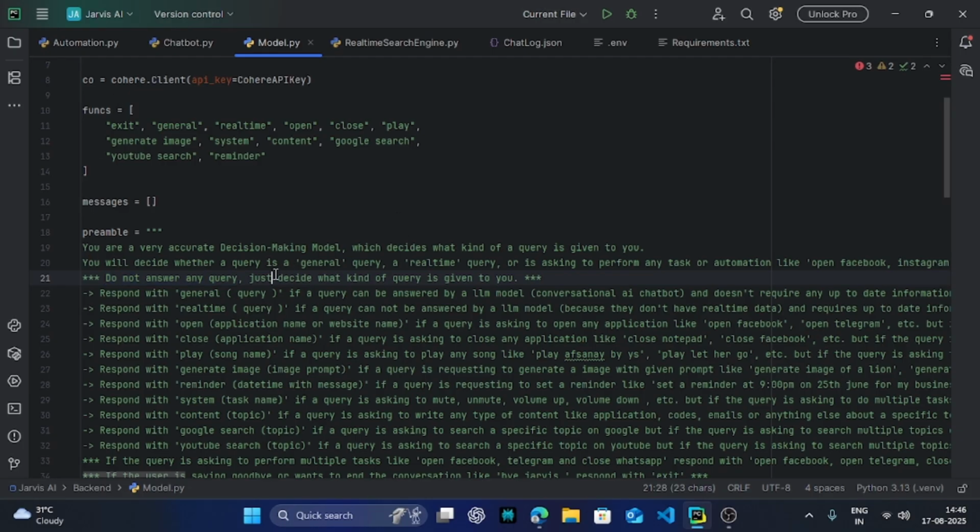You only decide what type the query word given to you is.